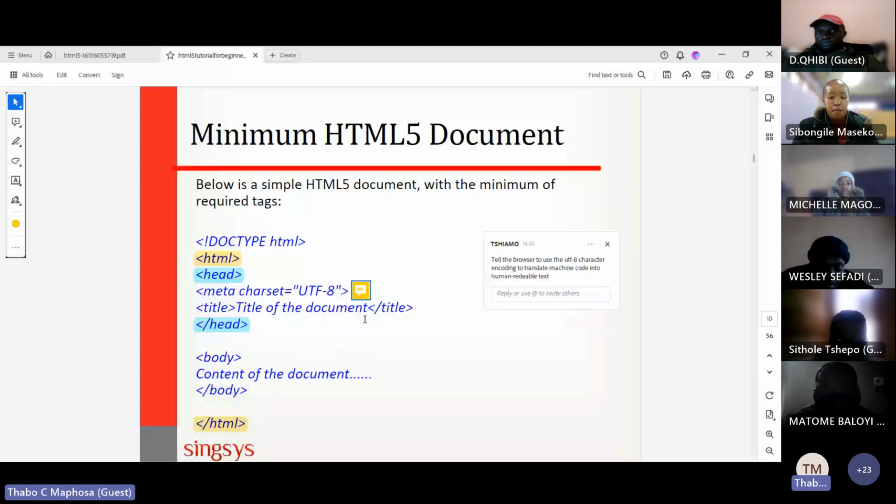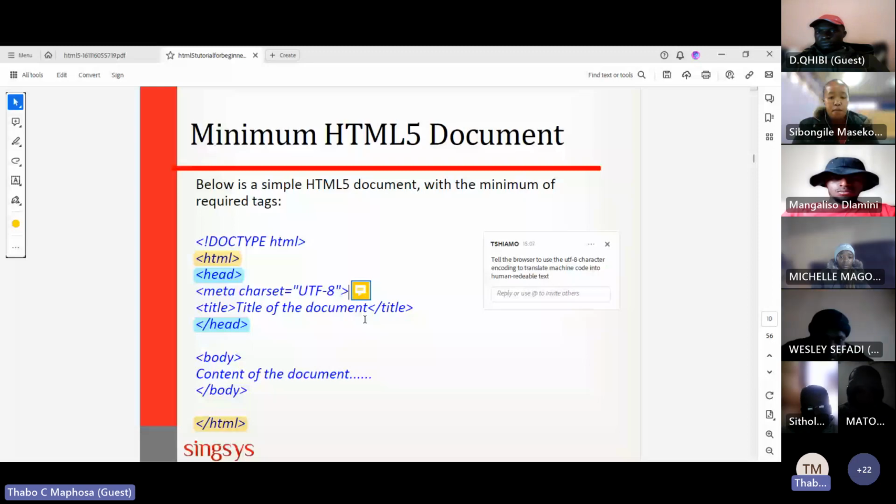So now the most common one is what you call, I'm pretty sure you guys have seen this, ASCII, which is American Standard Code for Information Interchange.